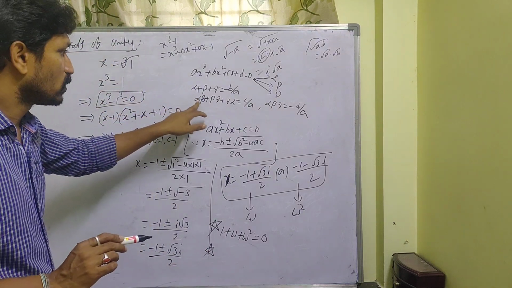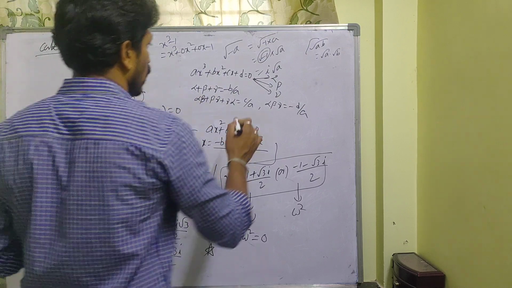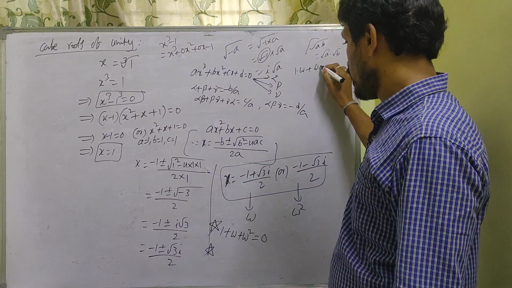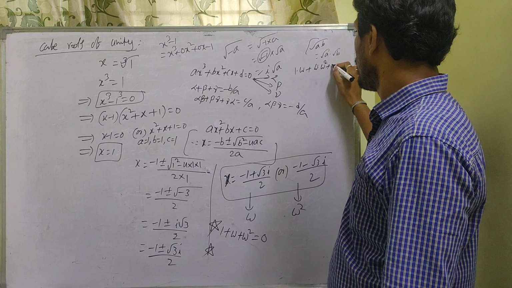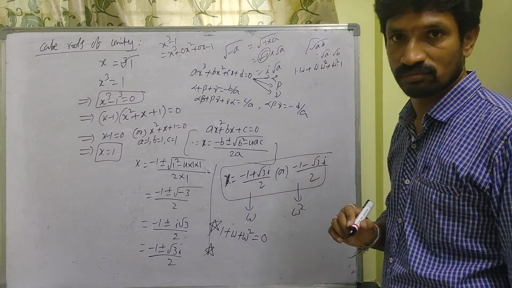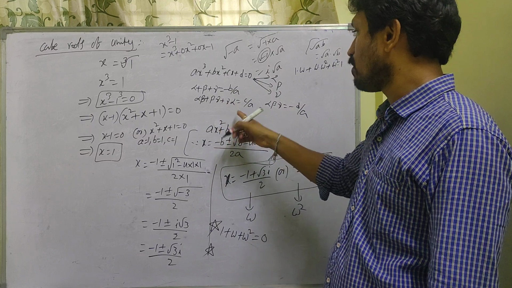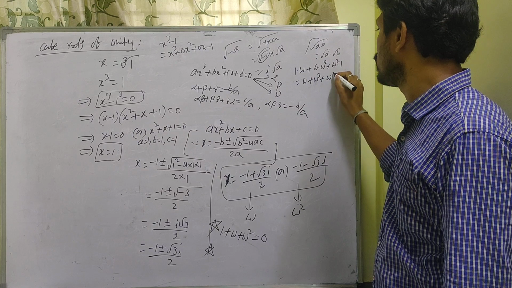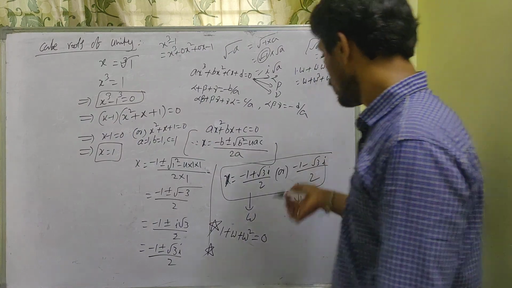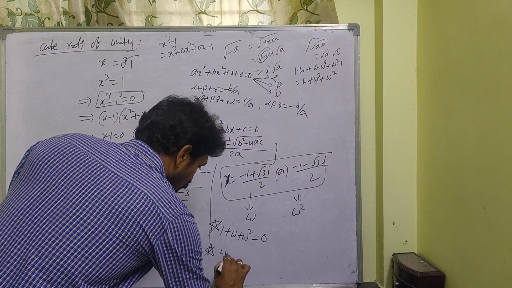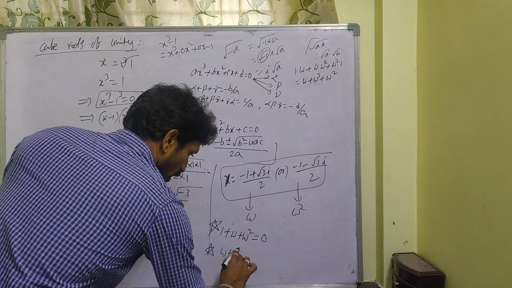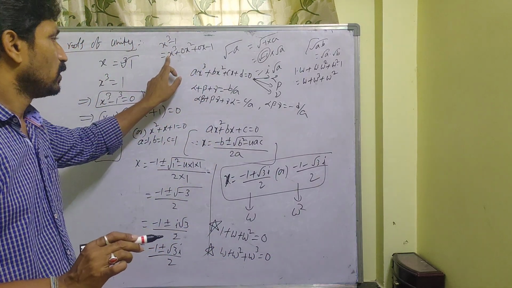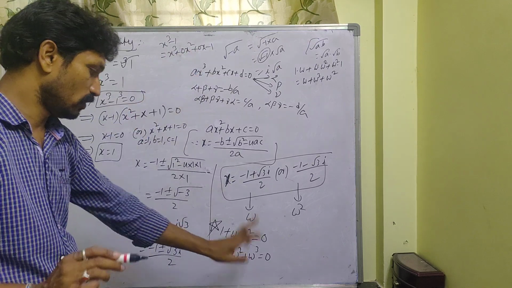And sum of the product of the roots taken two at a time, that is 1 into omega plus omega into omega square plus omega square into 1. Yes, alpha beta plus beta gamma plus gamma alpha. This is omega plus omega cube plus omega square. See here, this is nothing but omega plus, if you write in the order, omega square plus omega cube. This value is also 0 because of 0 by a. So 0 by a is 0 only.